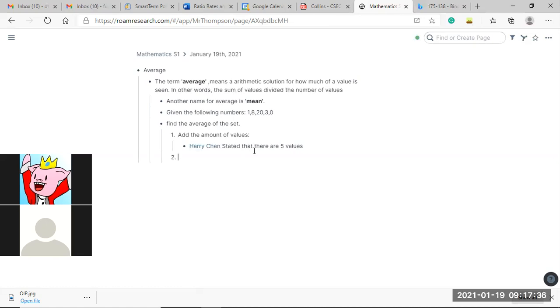Now the next step is gonna be to find the sum. Can anybody remember what does sum mean? Let me go to David. What does sum mean? David, are you there? Yes, sir. What does the term sum mean? Have any idea? It means a pro. What does it mean? It means a pro. It means